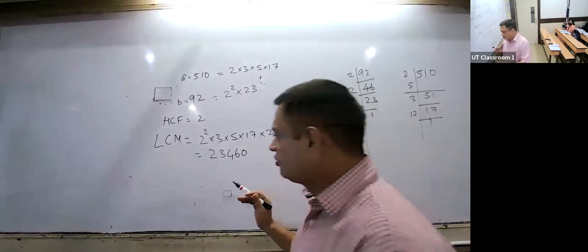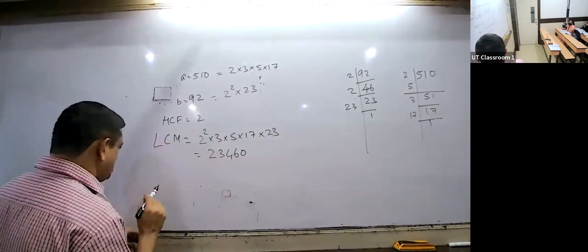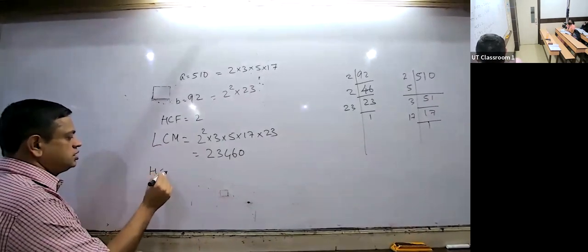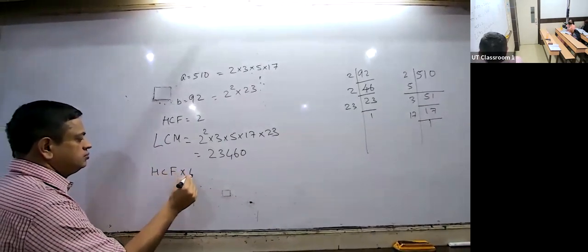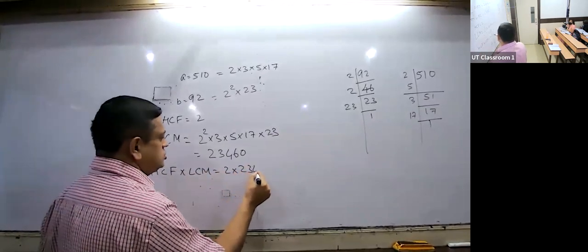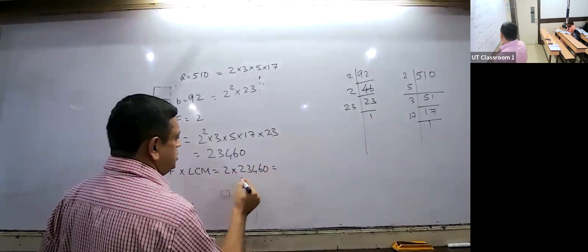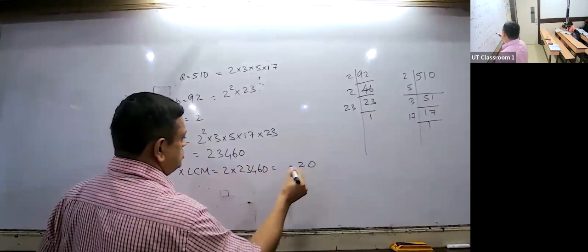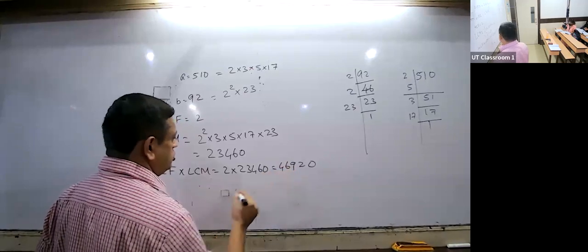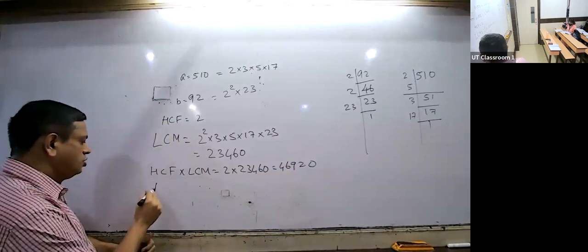Now, after getting HCF and LCM, we have to do verification. So verification means you have to find out HCF into LCM is equal to 2 into 2, 3, 4, 6, 0. Multiply. 0 will come, 6 to 12 will come, 4, 8, 9 is coming. Now product